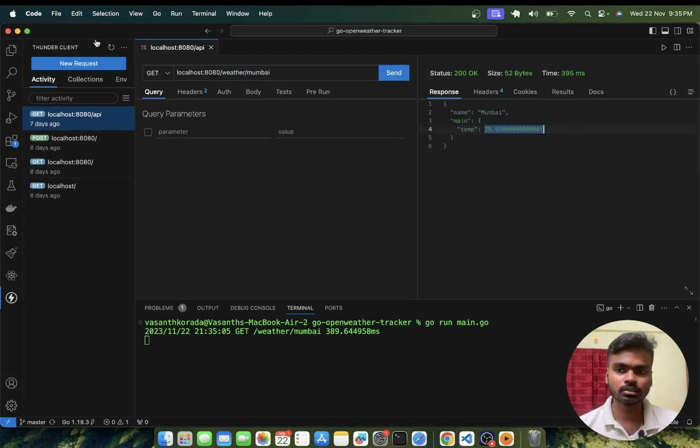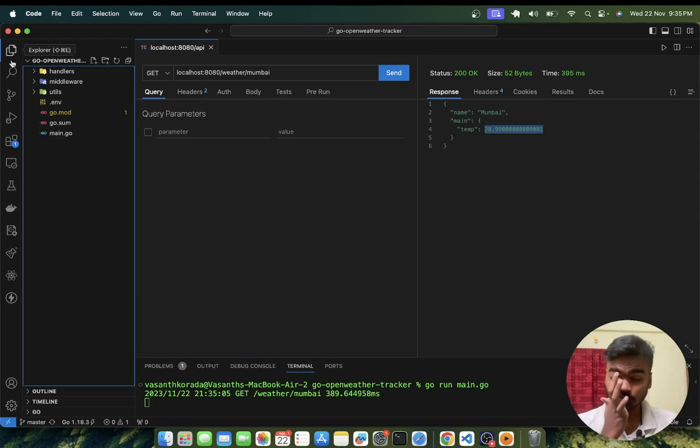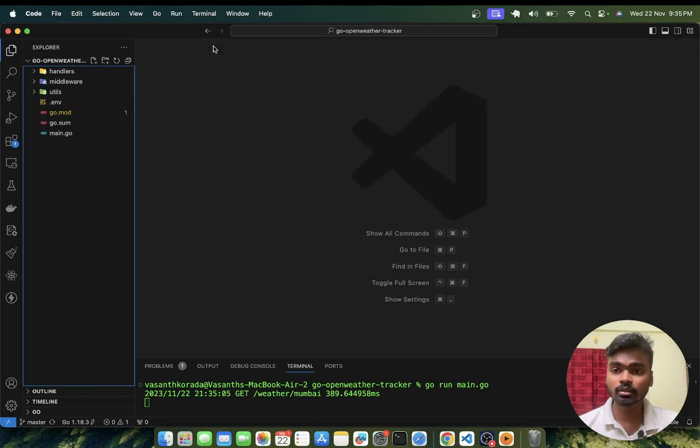After passing in the city name, we are getting the temperature for that city, which is 28 degrees Celsius. We also have error handling and logging. So we have the API call timestamp, the API call log, and the time taken for the API call response. So that is about the output. Let us go ahead with this project.